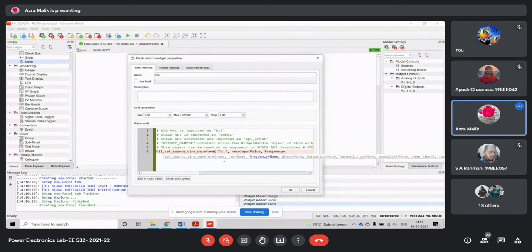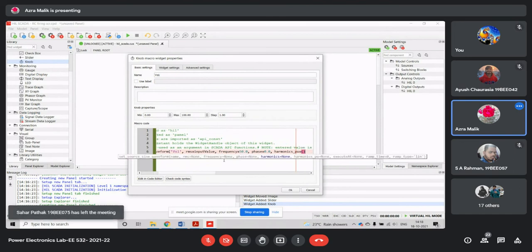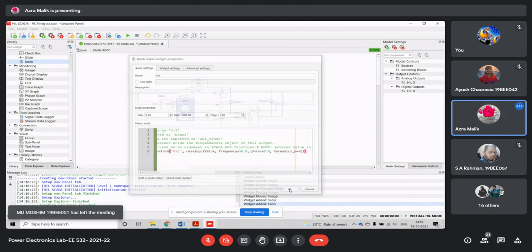Frequency is 50 and phase should be 0. And harmonics, the maximum value we can keep up to 300 volts.